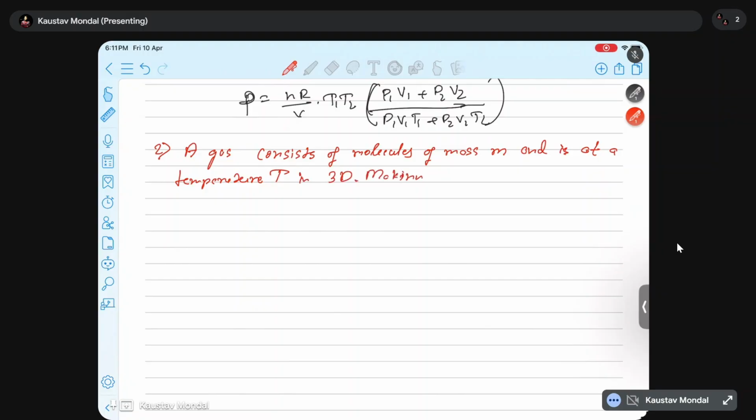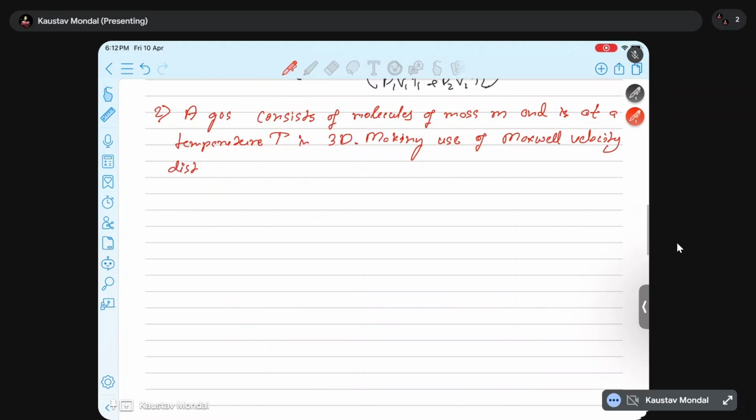Making use of the Maxwell velocity distribution function, the corresponding distribution of the molecules over kinetic energy E is given by